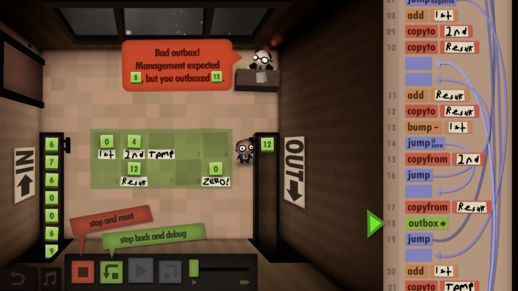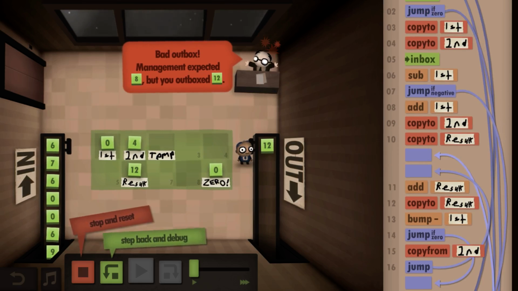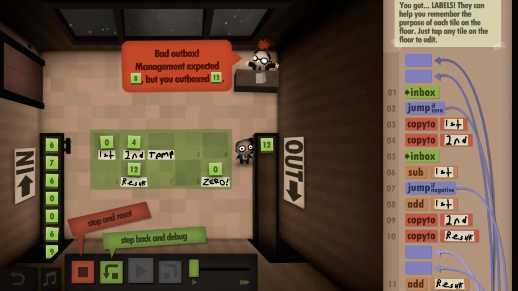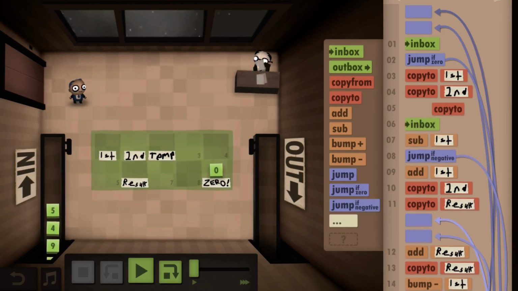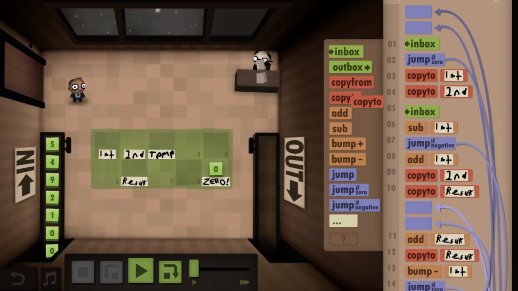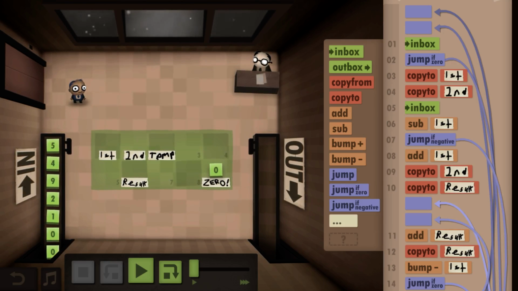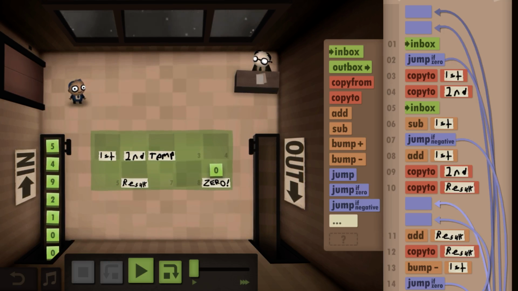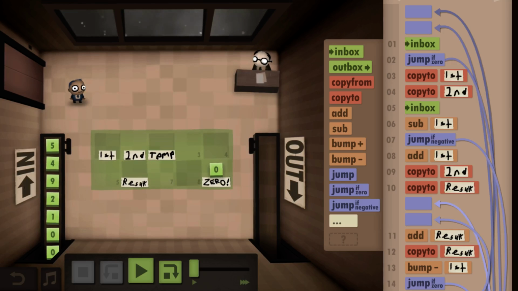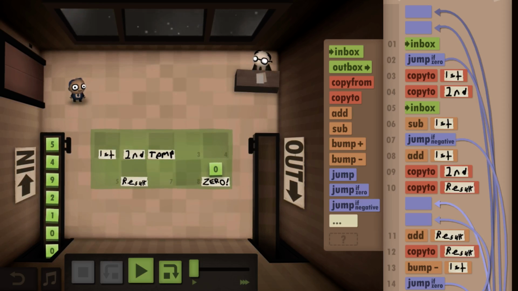Well, not quite. It was supposed to be 8 and it doubled up on us in some odd way. What if I just copied to temp also? If we subtract the first number and then we copied to the result, that's good.